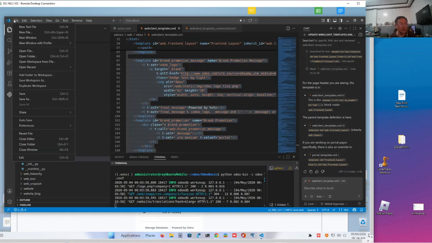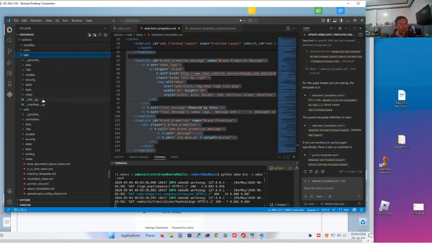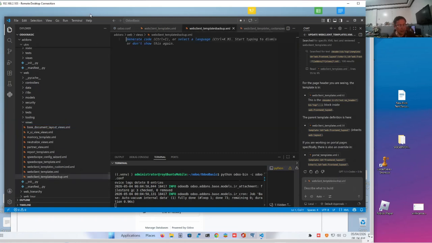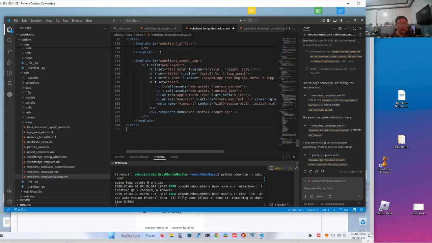While it's not yet late, we'll make a backup. Under views, we'll say web client templates backup.xml. So we have made a backup.